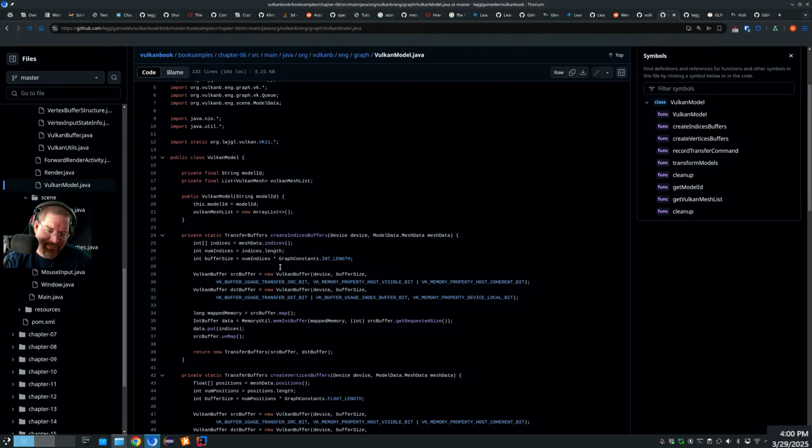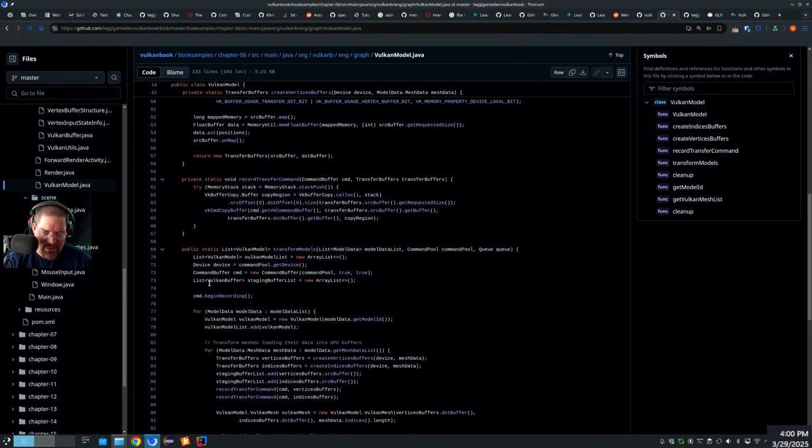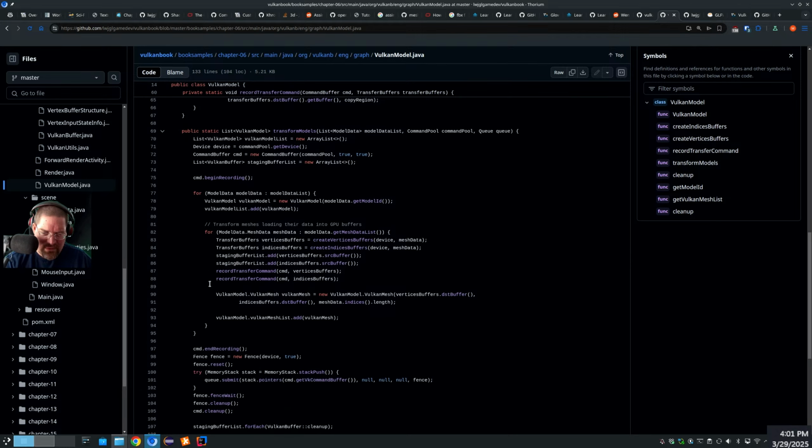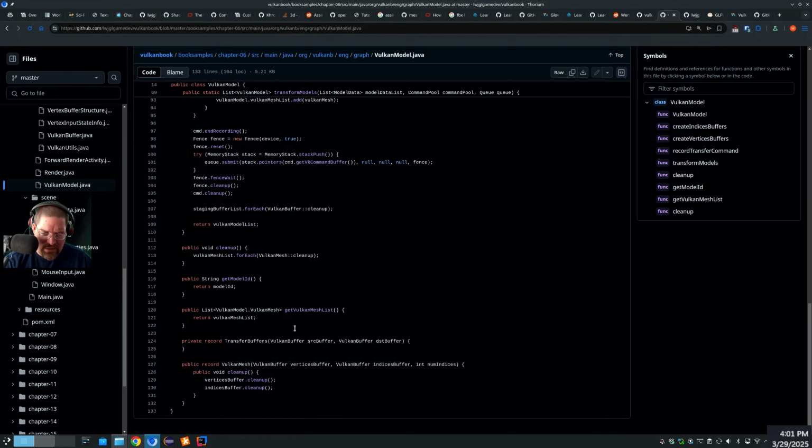They're mixing two things here. This is holding information, but it's also acting as a utility, and it just doesn't make any sense. I would expect this to be a